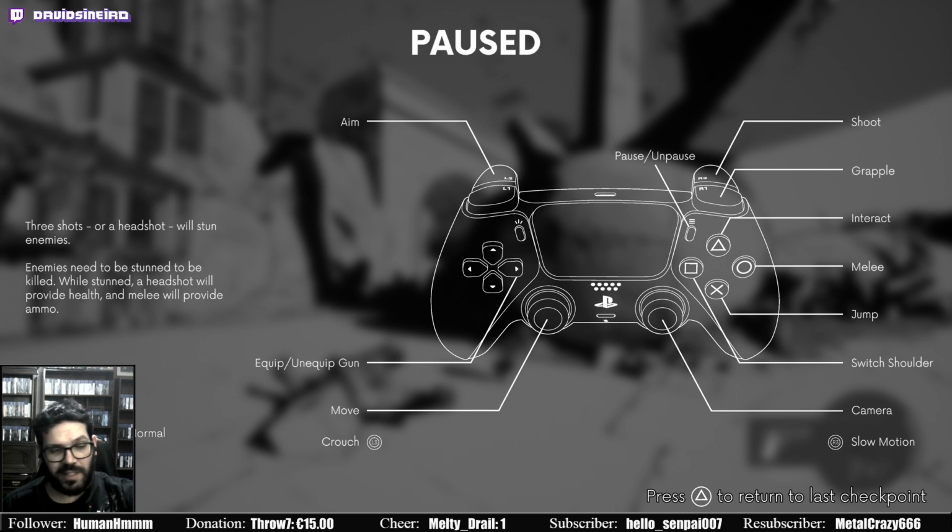A good example of this is Metal Gear Rising Revengeance, where in the initial reveal of the game, Raiden's sword could cut every single thing in the game, in the world. Buildings, enemies, everything. What does that mean?